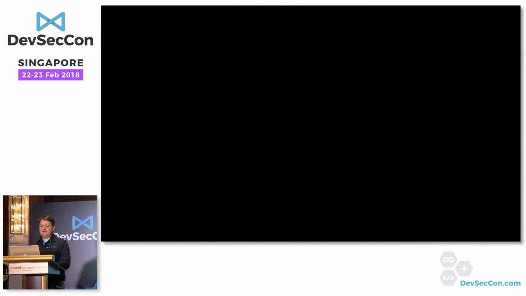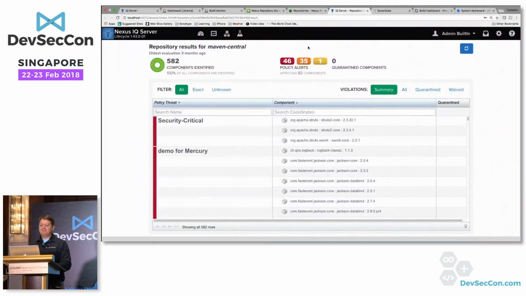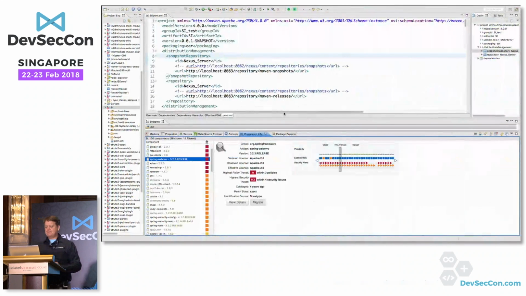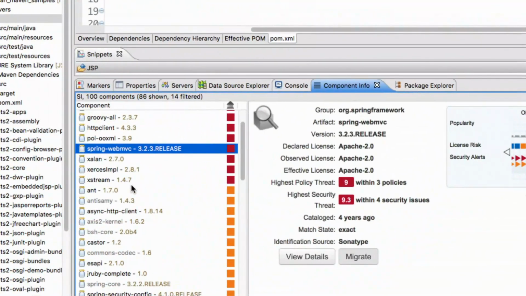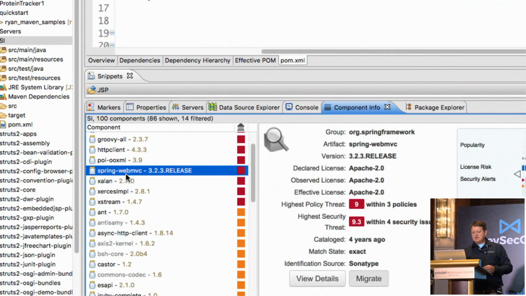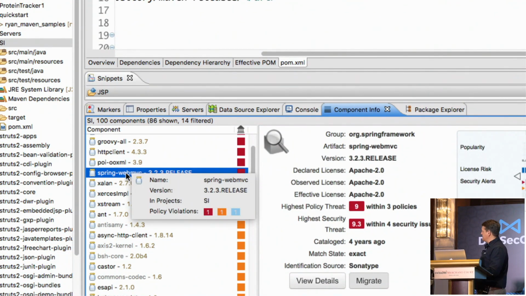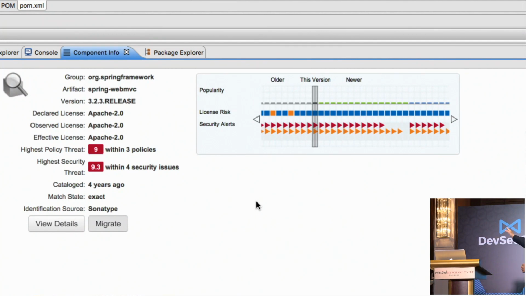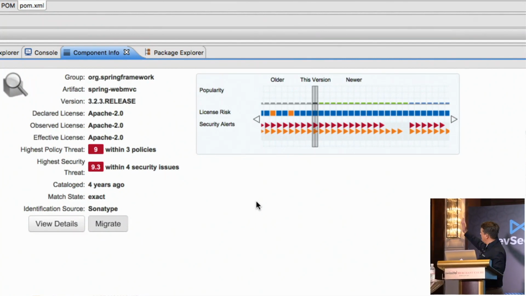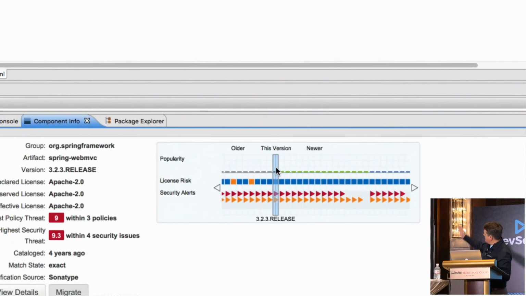So what we've said here is, let's help organizations manage that. The first place to do it is in the development environment. This is actually an Eclipse plugin that we've got, and this is showing you the risk associated with all the libraries in that particular project. What I'm showing here is Spring MVC. This is from a company called Pivotal, who have released an open source version of the library. And as you can see, this is a timeline of Spring. The version that you're using in your project is the one here, 3.2.3, and it has a critical issue.